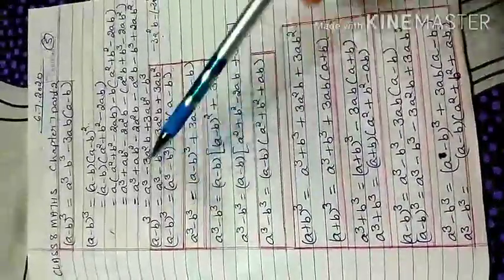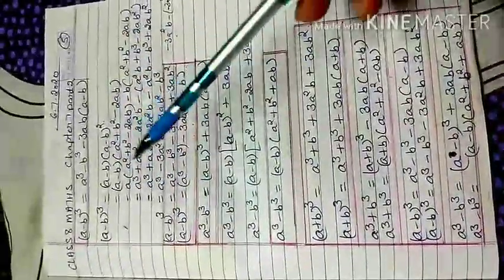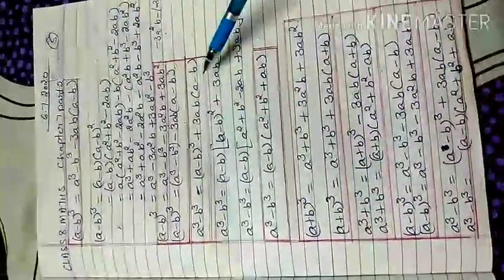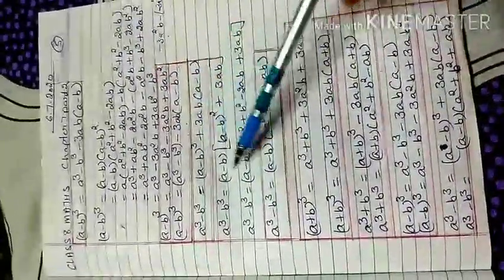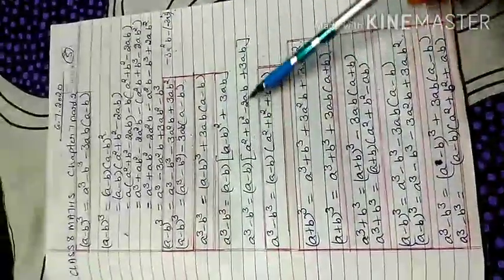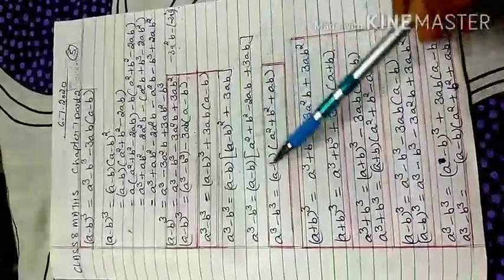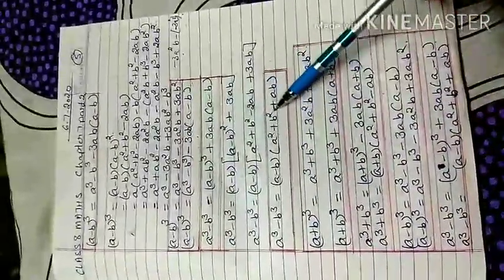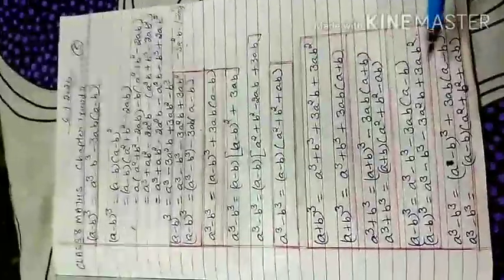Next is a³ - b³. If you want to extract this value, shift this whole term to the other side, the sign changes from negative to positive, that is (a-b)³ + 3ab(a-b). So here for a³ - b³, if you take (a-b) common, (a-b)² + 3ab is left. When you apply the (a-b)² formula, a² + b² - 2ab plus 3ab which was already there. So my required formula a³ - b³ is (a-b)(a² + b² + ab).